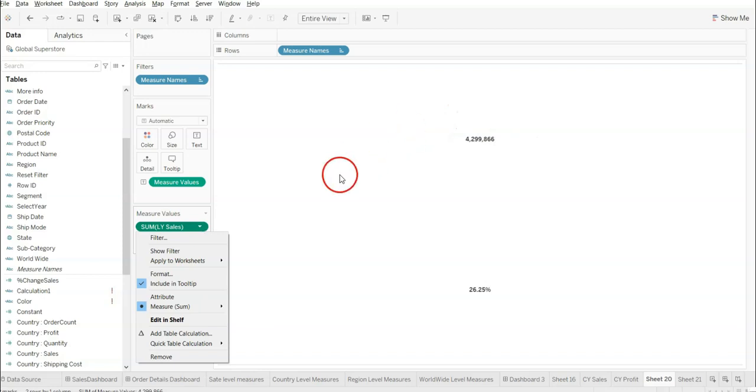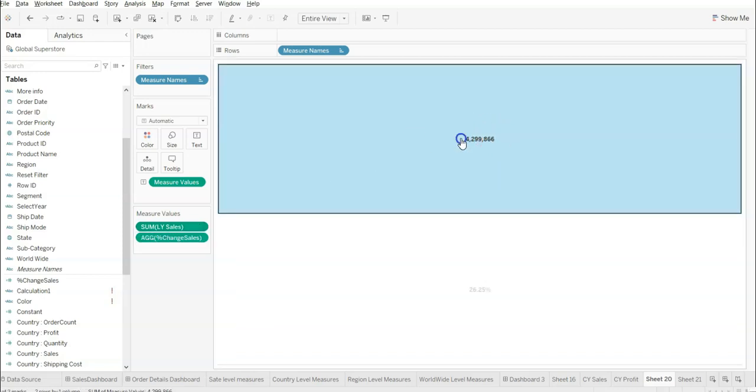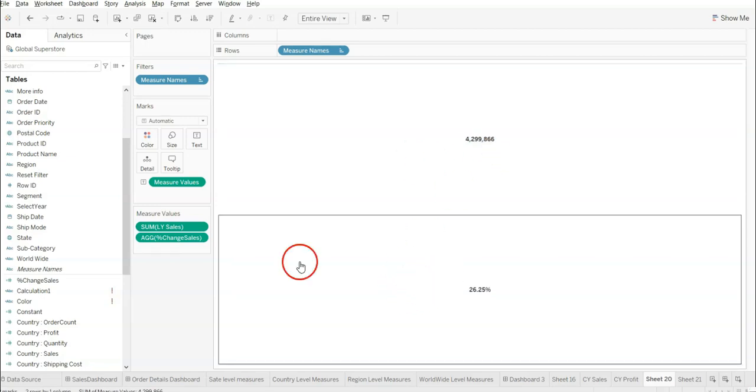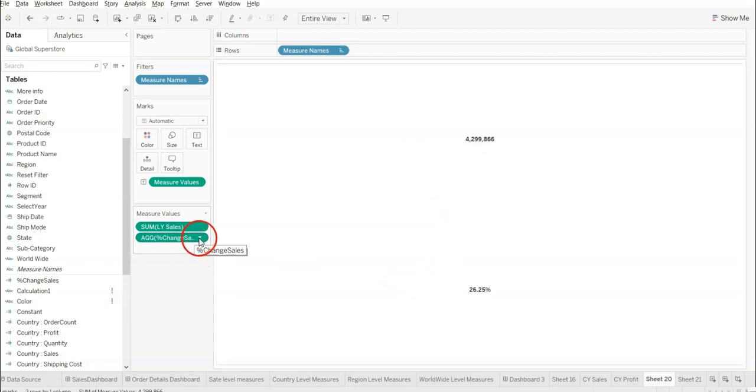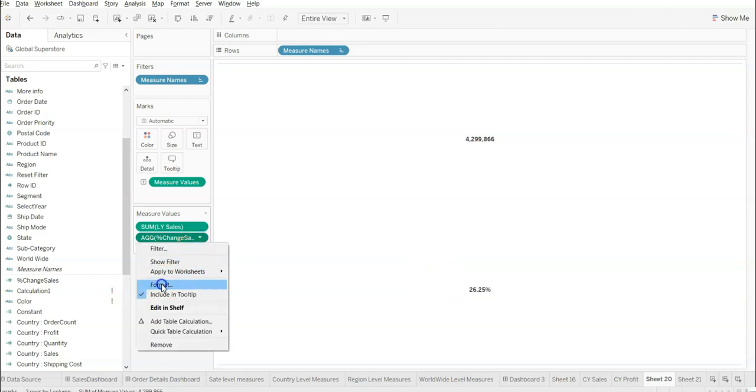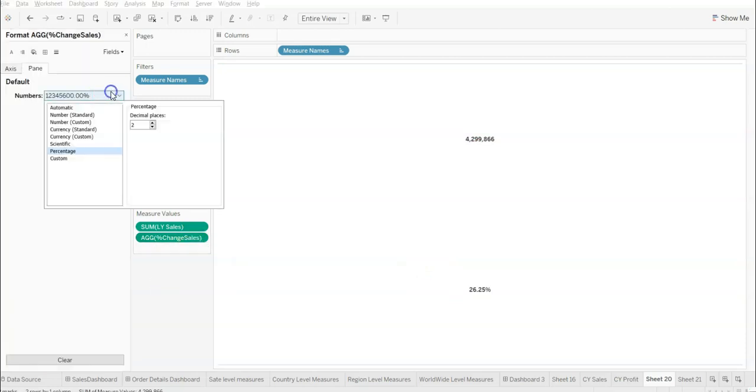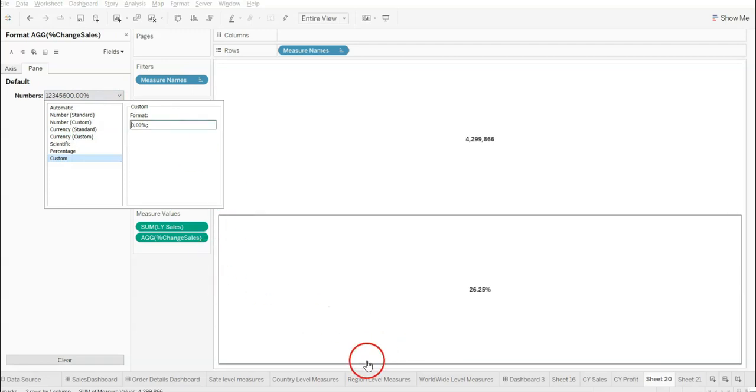There is a mistake in the requirement. So let's not add the dollar symbol here. Let's leave it as it is. For this one, we will do the change. What you need to do is click on this one, format, go to custom. In here, give the semicolon. For this, you have to give the up arrow that you will get in the,